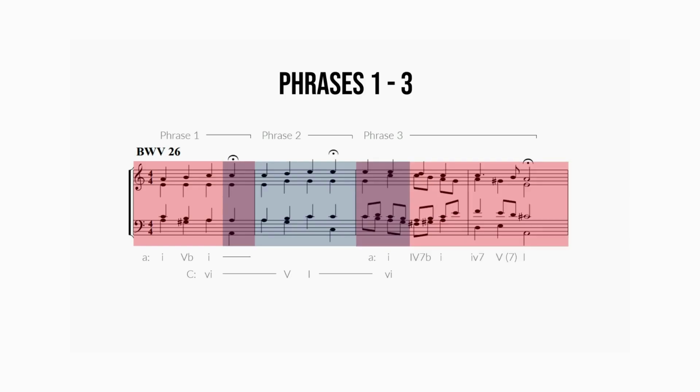The key of C major does not last very long, as in the third phrase we revert back to A minor. The clue is the appearance of F sharp and G sharp, notes from A melodic minor. The pivot chord is the A minor chord itself in the second beat, but Bach did not introduce the dominant instantly. We have to go through 3 additional chords before we get to a perfect cadence at the end of the phrase. This clearly means that the C major chord was only a tonicisation and we are basically still in A minor. I won't go through all the chords here, but it will be good if you can pause and